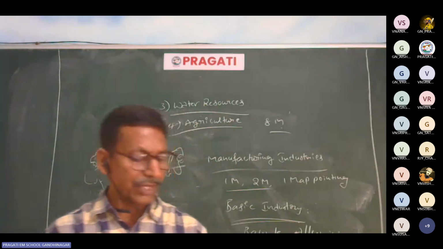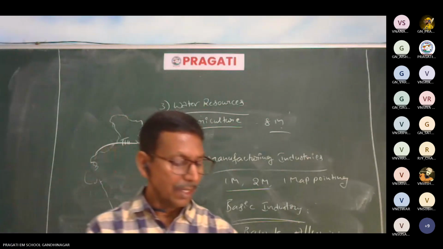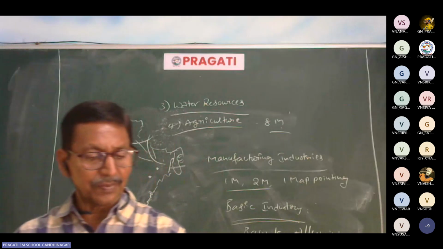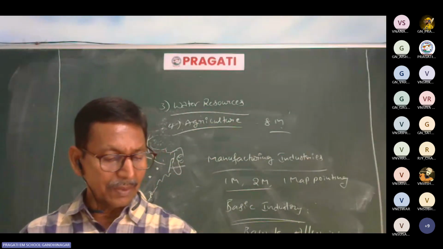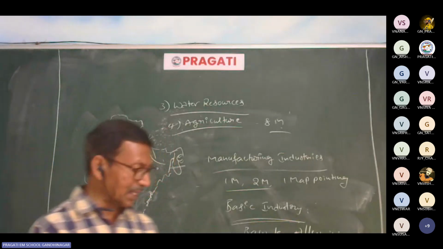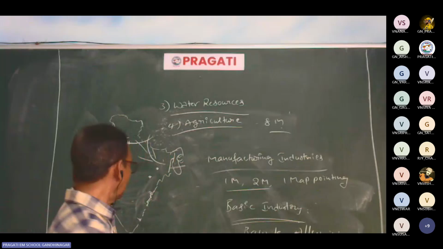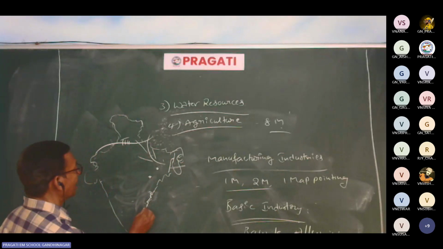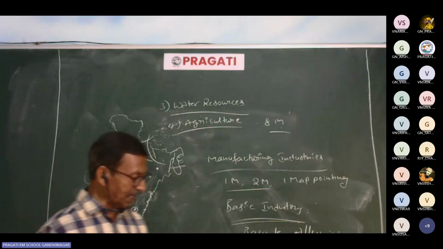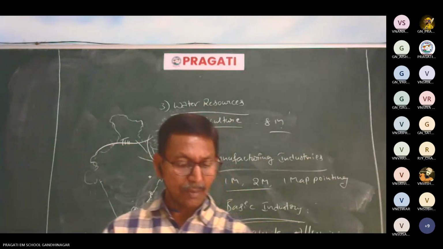Bhilai steel plant. Chhattisgarh was once upon a time in Madhya Pradesh. Now Bhilai steel plant, Durg. Indore in Madhya Pradesh. Some iron and steel industries are located in Bhadravati in Karnataka. Salem steel plant in Tamil Nadu. Chennai and here Salem steel plant. Salem in Tamil Nadu. Next, Bhadravati steel plant. Bhilai.